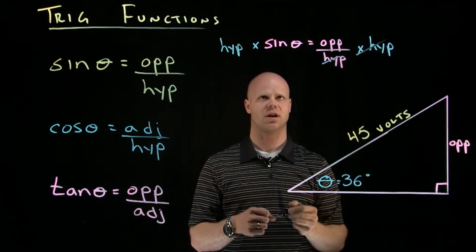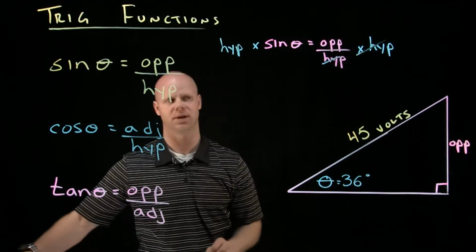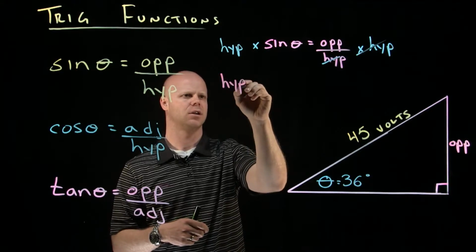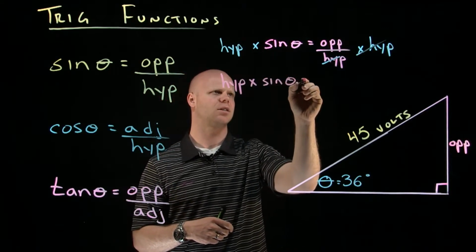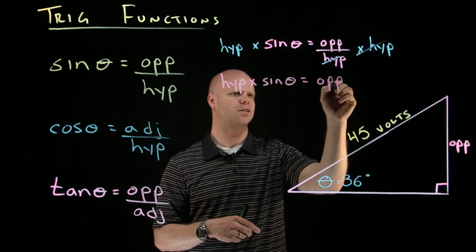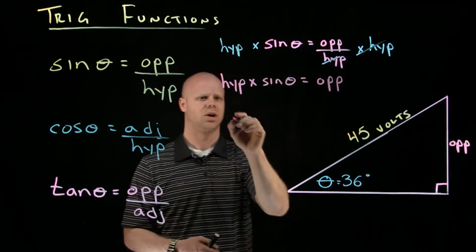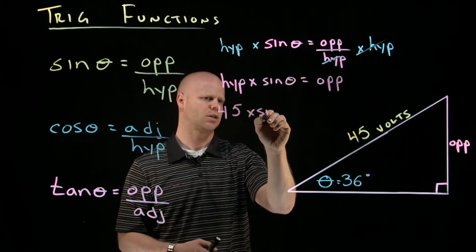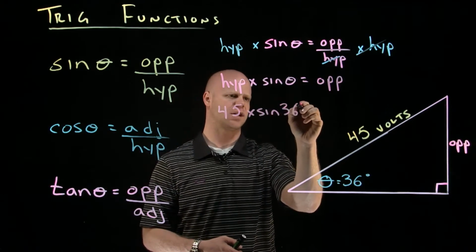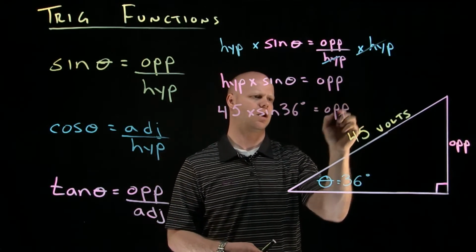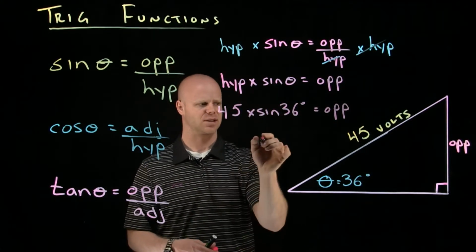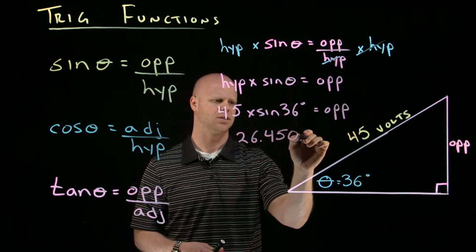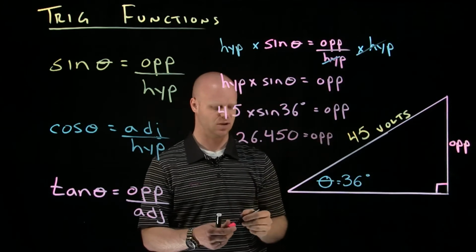These two now cancel because they are the opposite function. It's why we transposed it that way. And I end up with a hypotenuse times the sine of my angle is going to equal the magnitude of that hypotenuse. So 45, in this case we said this hypotenuse was 45 volts, times the sine of 36 degrees is going to equal my opposite. So in this case, the magnitude of that opposite would be 26.450, the magnitude of that vertical component